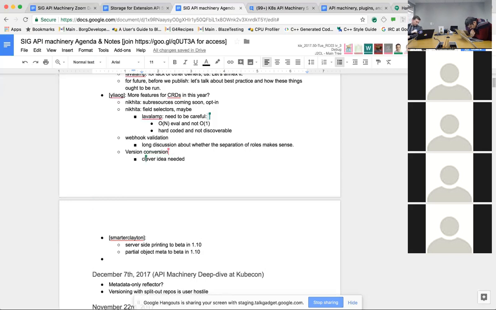And if it gets persisted in etcd, and then in the next release a new field shows up with a default, the next time the server reads that object out of etcd, it will apply that default. And so that sort of default-on-read behavior means that when you read objects out of the API, you can count on all the fields with defaults being populated.